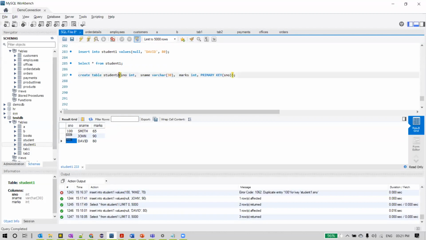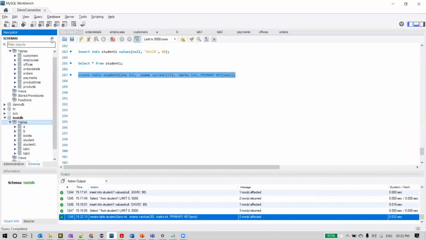So you can see I am creating a table student2 with the same columns, like a student number, which is integer, where I wanted this column to be my primary key, student name and marks. And at the table level, in the sense, once we define all the columns, at the end we'll specify what is the primary key for that table. So primary key of S number, meaning I wanted to make my S number the primary key for this table. Let me execute this create table command now.